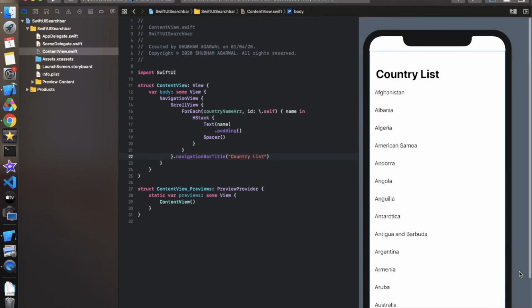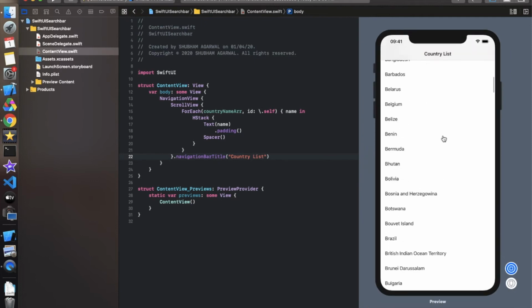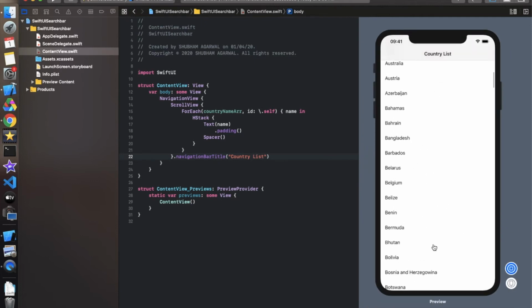So we have just set up a list, and let's see in the live preview whether it is working fine or not, whether that list is scrolling according to our need or not. You can customize the cell according to your own need. You can also put a flag, and you have to create one model for all these things, image as well as the name. So you can do this according to your own needs. The live mode is running, so let's resume this, and it's scrollable, and it's perfectly scrolling as per our need.